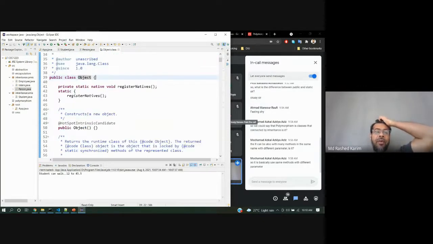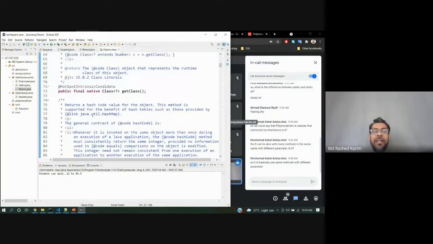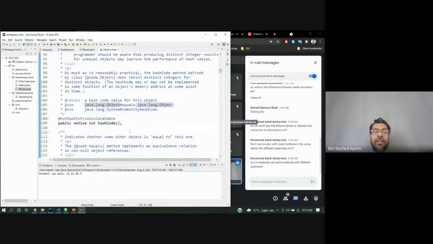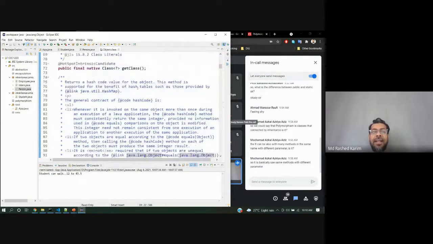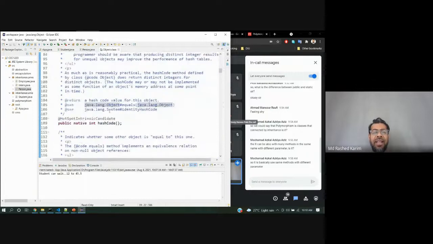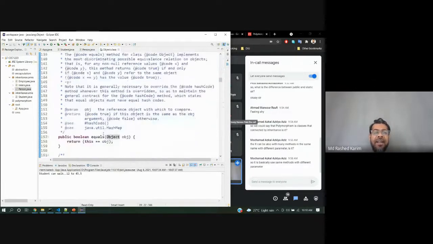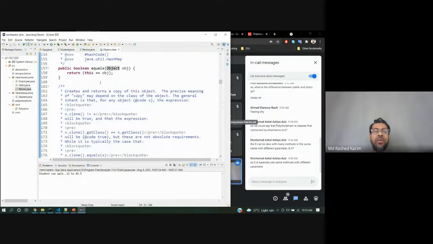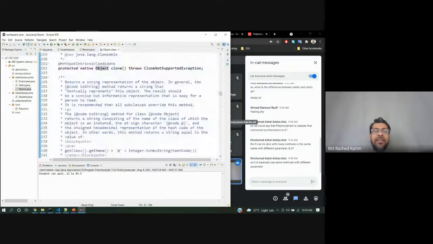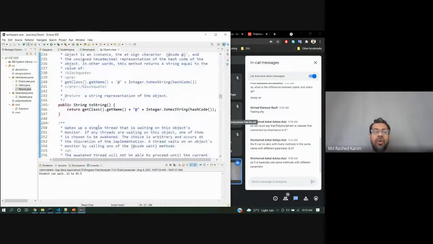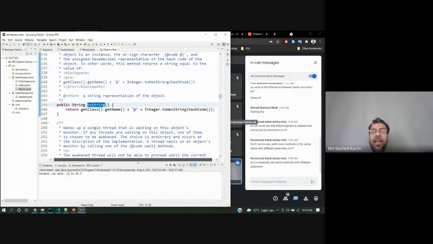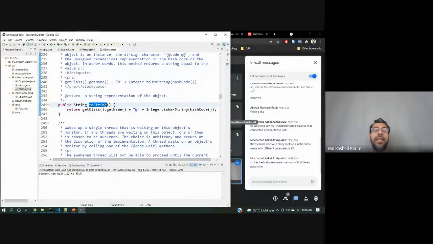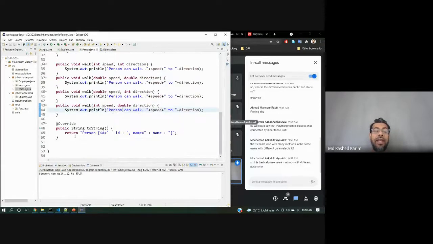And you also have toString here. You see the toString, hashCode, getClass, all the methods already declared. Where is the toString, the equals, clone, you can clone it. This is the toString, so it's already defined. That's why when I use this toString method, that's called overriding.